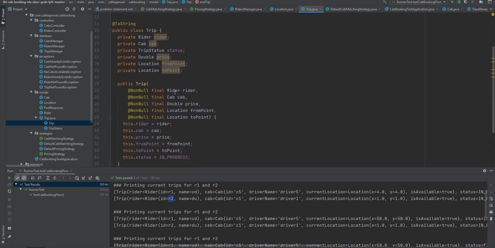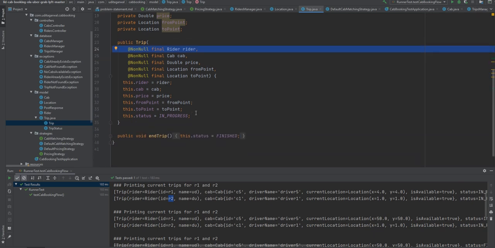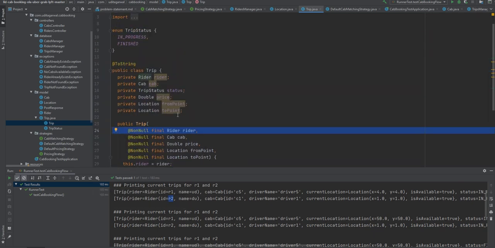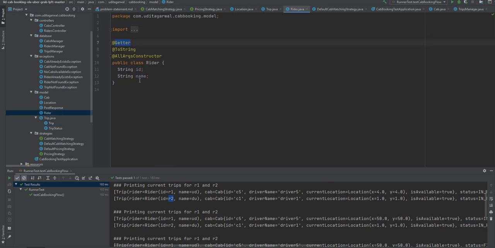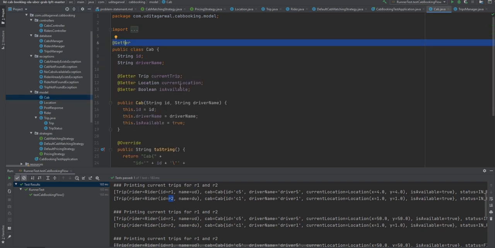Similarly, for a trip, the price, rider, and cab are all immutable and should not be changed once the trip is created, so we are not exposing any setter for them. Similarly, rider names and IDs are always fixed, so we have not exposed any setter for them, and only an all-args constructor is there, which creates a constructor for all the properties.